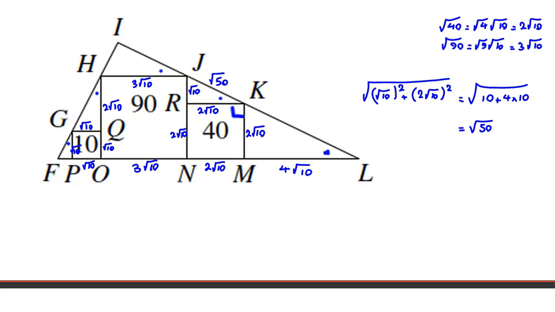Let me calculate area. Area of this triangle, okay? It is root 10 times 2 root 10 over 2, which is what? 2 over 2, 2 and 2 cancel, 10. This area is 10. Now, because the ratio of this one and this one is 2, so the area is